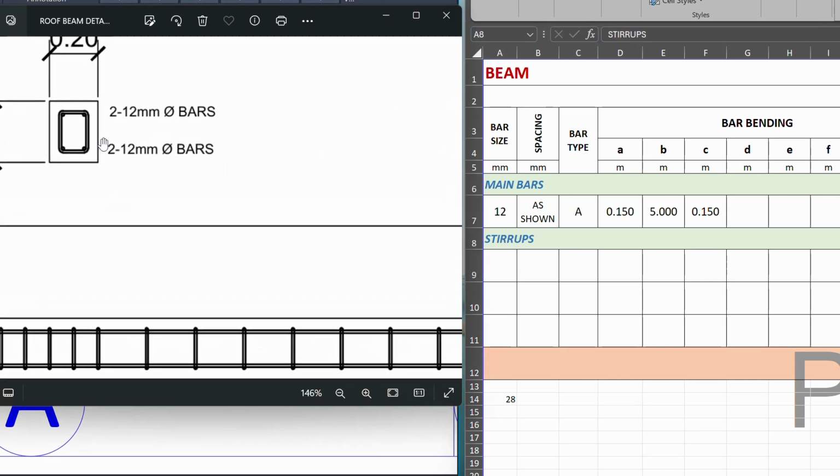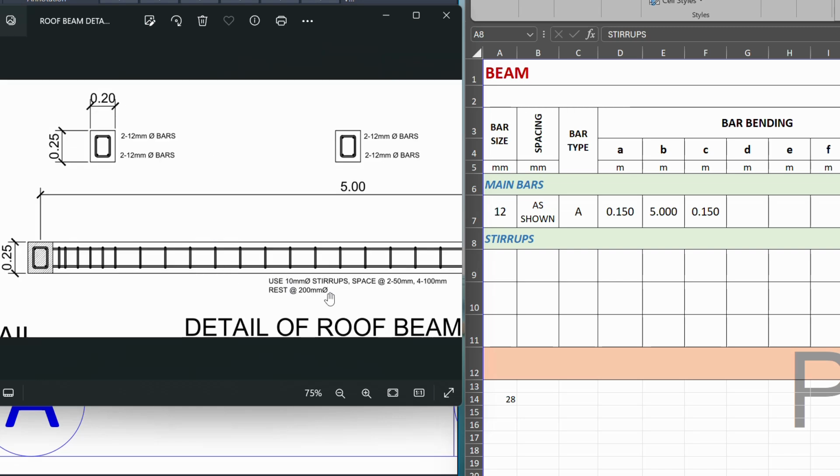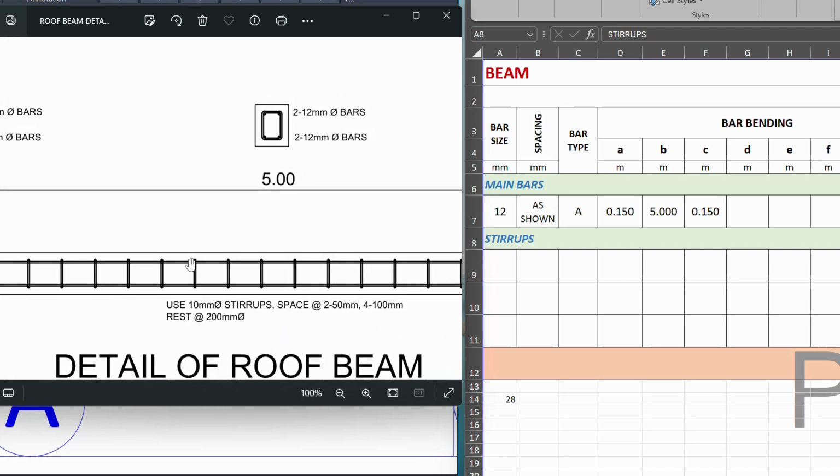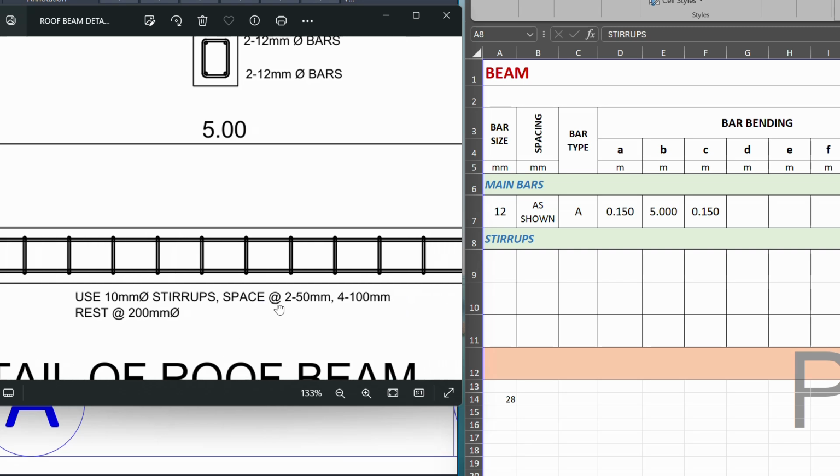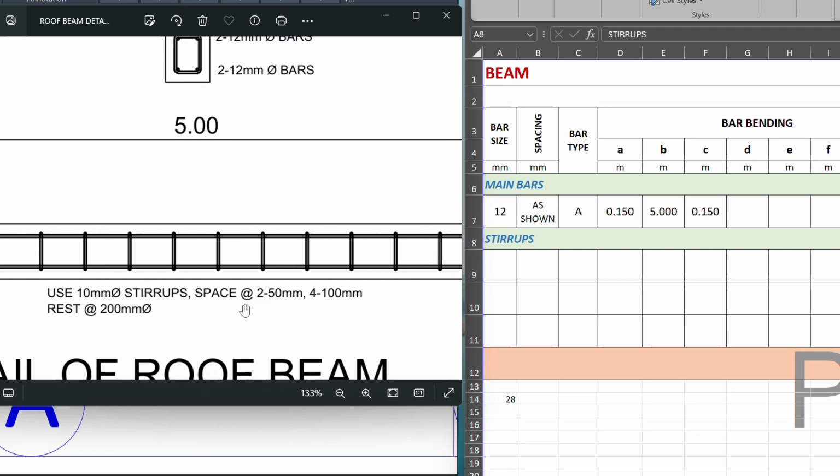The details of the stirrups is not usually found here because this is just for the main bars. Somewhere here, it will point out. So this is our stirrups. It says use 10 mm stirrup, spaced at... it's the same as in the column. We also have 2 spaced at 50 mm, 4 spaced at 100 mm, and the rest is spaced at 200